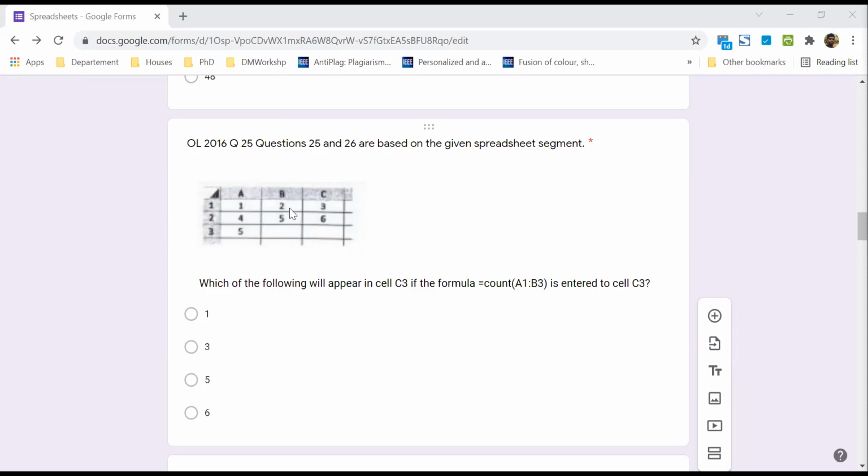Remember, I told you count means it will count the number of cells with numerical values, right? So this whole range, this is the whole range. But remember, this one is not counted because it's empty, right? It's empty. So that means the total number is,